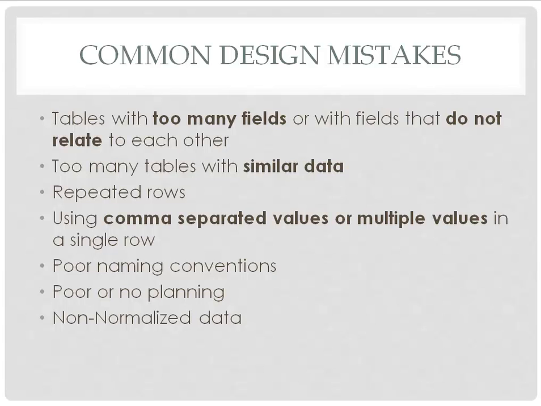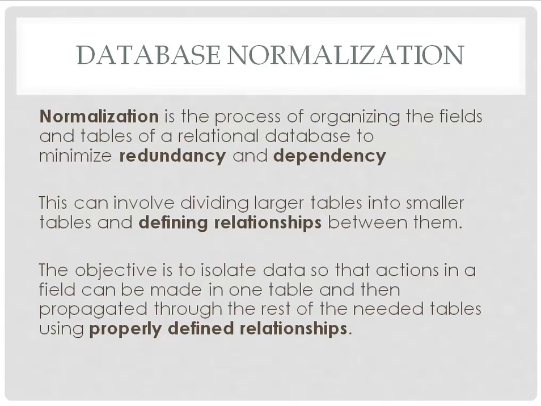Poor or no planning is obviously a big mistake. You want to visualize your data before you actually create the database. And non-normalized data. There are some things in normalization that I think aren't mandatory, but for the most part it should be normalized. So that brings us to